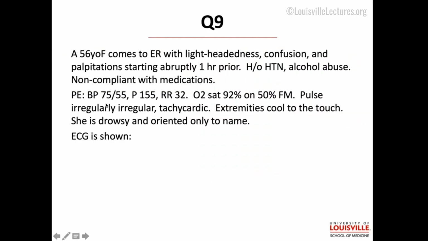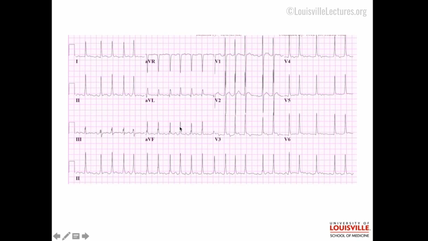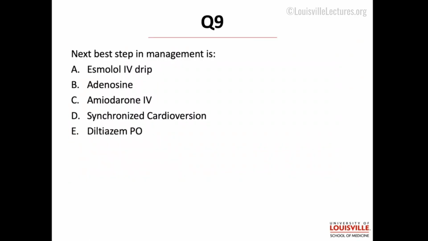She's hypotensive, tachycardic, tachypnic, hypoxic. She is cold to the touch, and she is not perfusing her brain. There is no mystery here. You have to get her out of this AFib, and you have to do it now. So you don't have time for a lot of these medications, which are going to take some time. Definitely can't give her anything PO. She's also hypotensive, so you want to avoid diltiazem or even esmolol, which in my experience does drop the blood pressure, no matter what the package insert says.